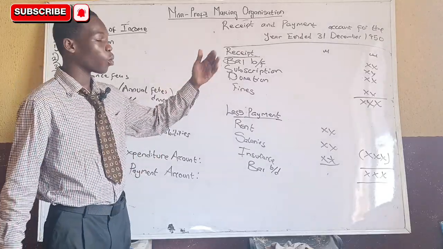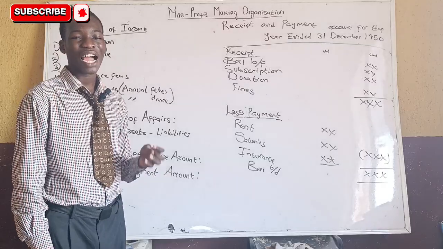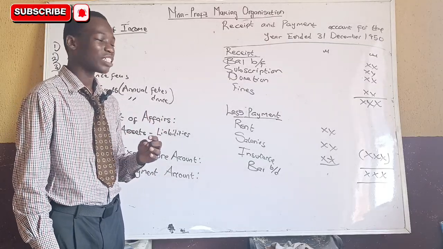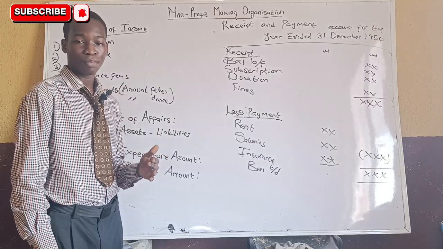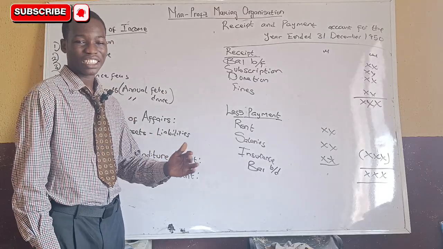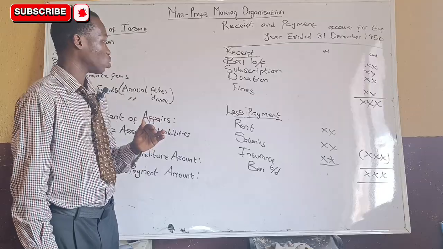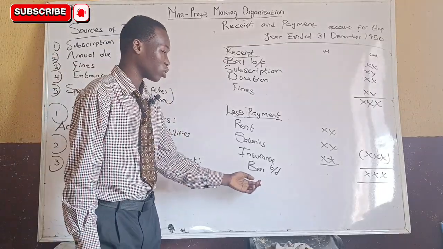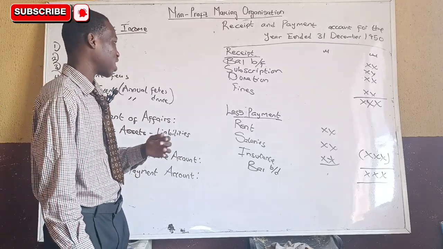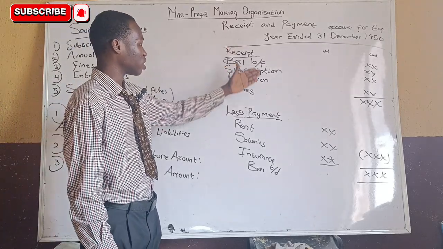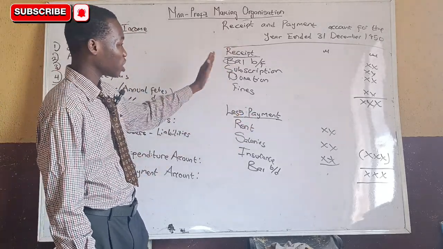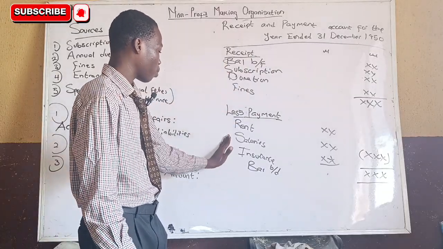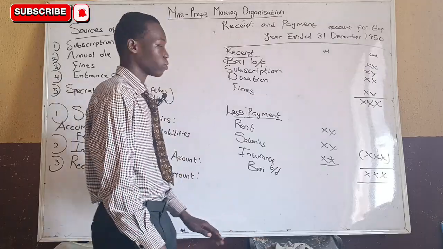Now the balance brought forward, the balance at the beginning, represents cash in hand at the beginning, while the balance at the end, the balance carried down or brought down, represents the cash in hand at the end of that period. Do note that balance brought forward is the cash in hand at the beginning, balance brought down is the cash in hand at the end, and this is the receipt and payment format, also using the vertical format. So for the vertical format, all money received, all payments made, and so on like that.